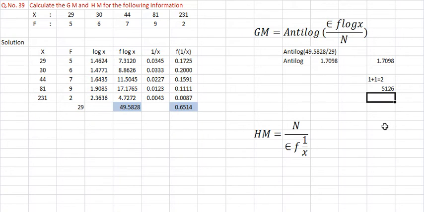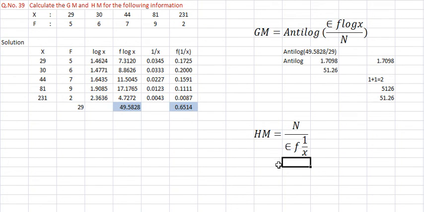So what you have to do now? Whatever the antilog value comes, so this 5126. For this after 2 place, because 2 comes here now. Here it is 2. This 2 indicates after 2 place you put the point. After 2 place means 5126, that is 51.26. Why I did the 5126 here only? See, 1, 2 place, after 2 place you put the point. That is 51.26, is the answer of which one? Geometric mean. Geometric mean answer is 51.26.